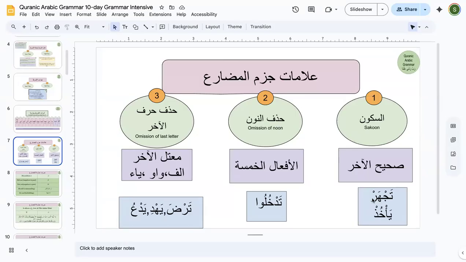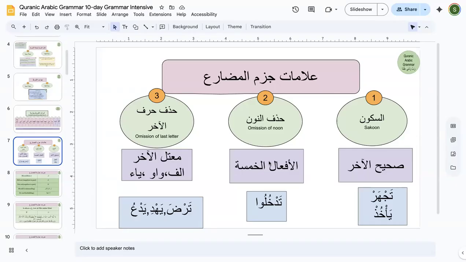Like tajharu will become tajhar, ya'khudhu is going to become ya'khudh. Okay, three ways. A sukoon is the first way alone. The first way to show the lightest form is by showing it with the presence of a sukoon, which will happen if your last letter of a fail is something like yansuru, ra with dhamma, it will become yansur. If it is ending with noon, which happens with yansurani, tansurani, yansuruna, tansurina.